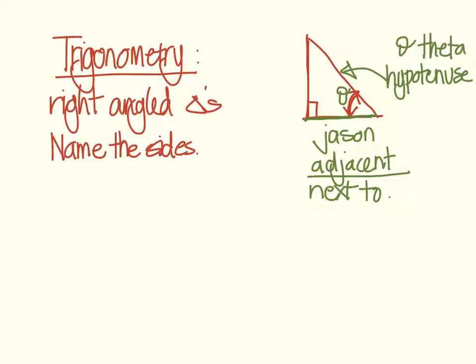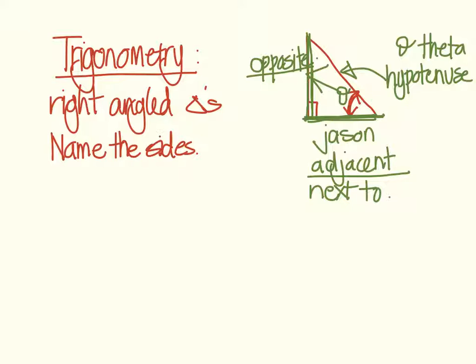We have got this side here, which is opposite our angle. It does not touch our angle at all, whereas the adjacent side does touch the angle. Okay, really important that you are absolutely clear on which side is opposite to theta and which side is adjacent